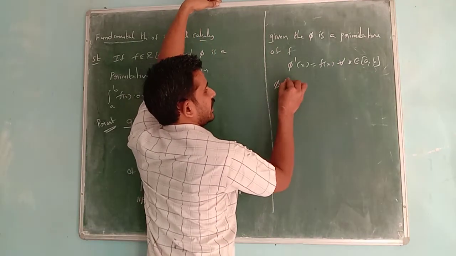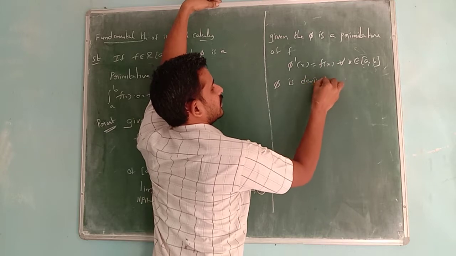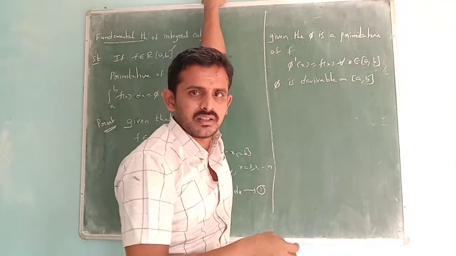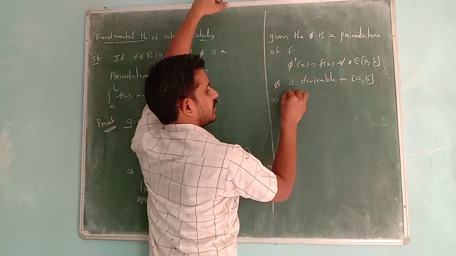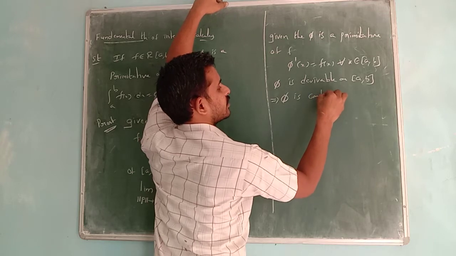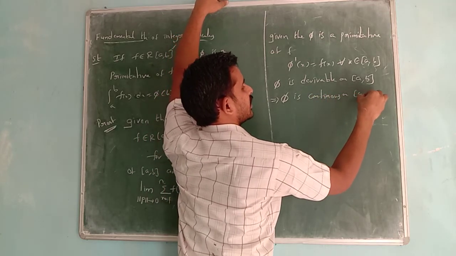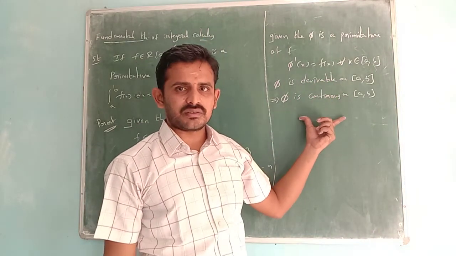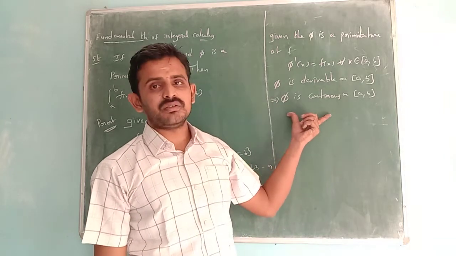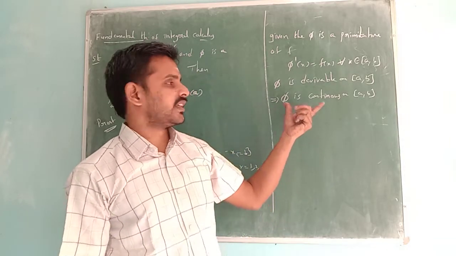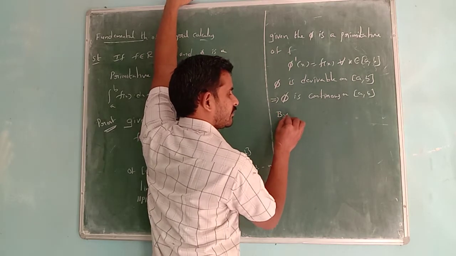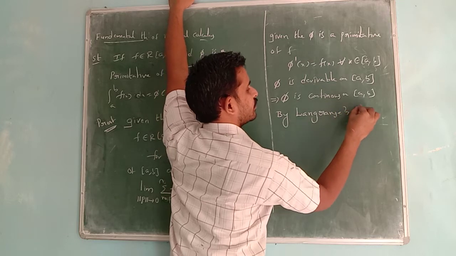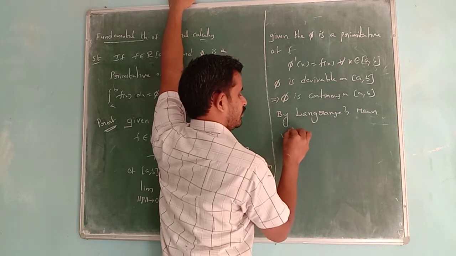Therefore, phi is derivable on closed [a, b]. Since phi is derivable, phi is continuous. That implies phi is continuous on closed [a, b]. Phi is derivable, so phi is continuous. Therefore, we can use Lagrange's mean value theorem. So by Lagrange's mean value theorem,